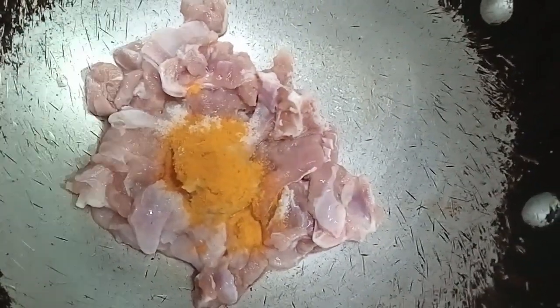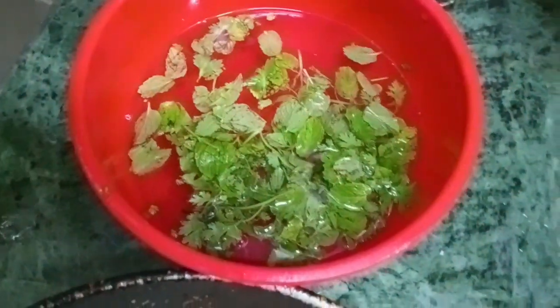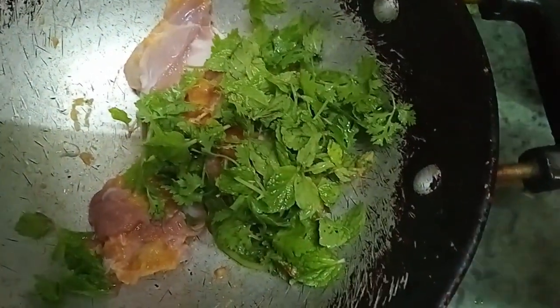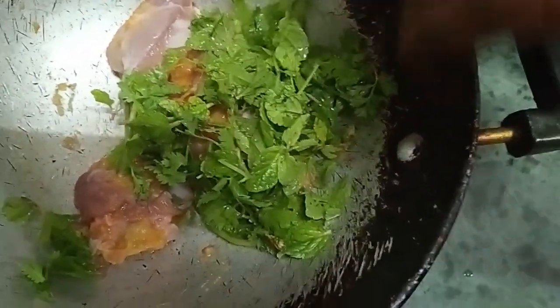Now let's marinate our pieces of mutton with these spices. I'm going to mix it well. And now I'm going to add these finely chopped pieces of coriander and mint leaves that are washed cleanly. I'm going to add these leaves to the marinated mutton, and now I'm going to add half glass of water,